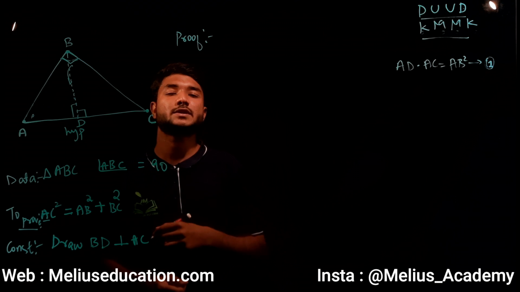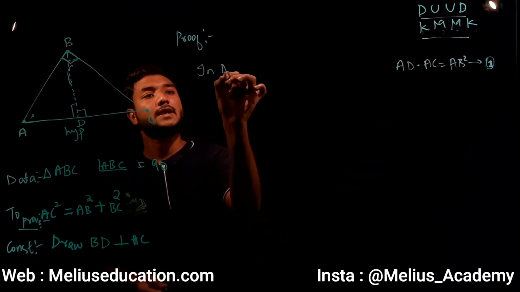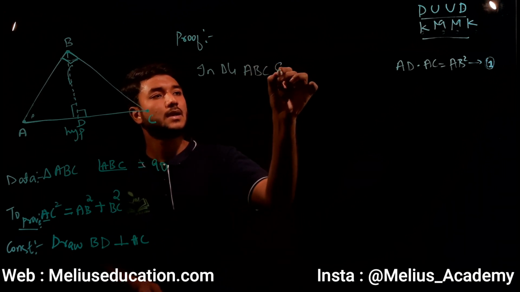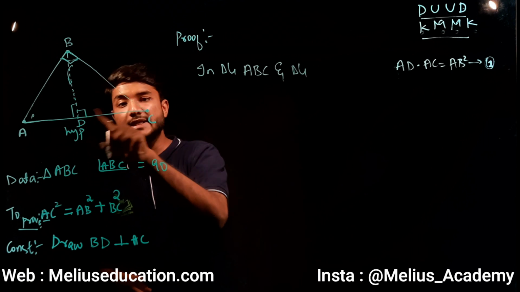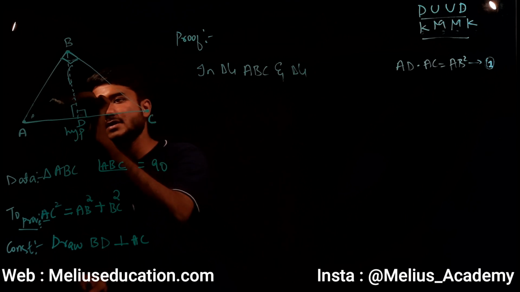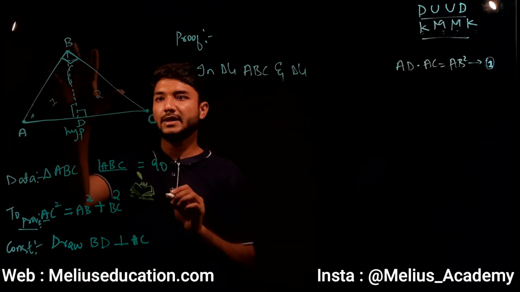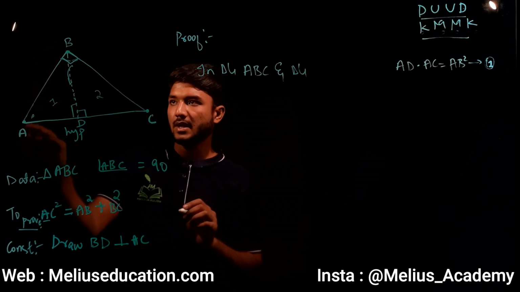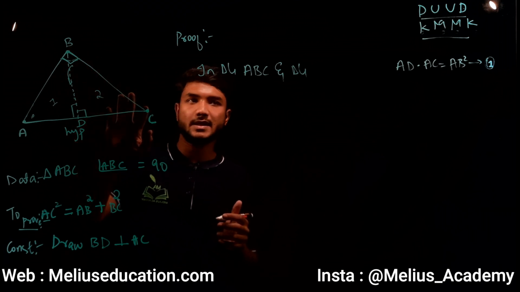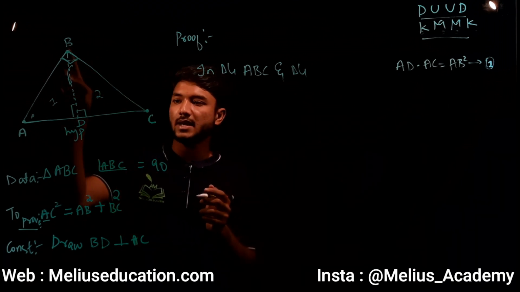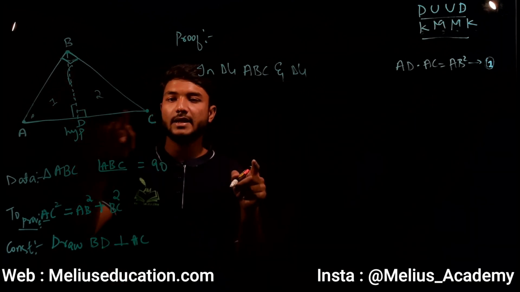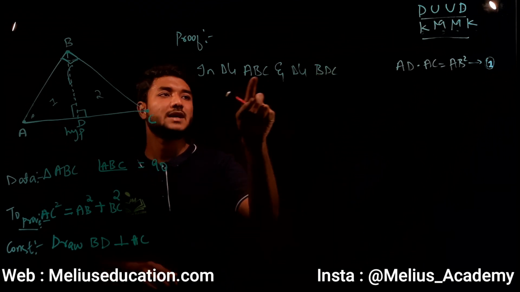Let us find out what is equation 2 by using the bigger triangle. In triangle ABC and triangle BDC. Make sure in the first part you use the bigger triangle along with the smaller triangle. I'll name it as number 1 and I'll name it as number 2. So the bigger triangle ABC with the triangle number 1, that is ADB or BDA, and in the second part the bigger triangle ABC along with the smaller triangle on your right, that is BDC. So these are the two triangles.